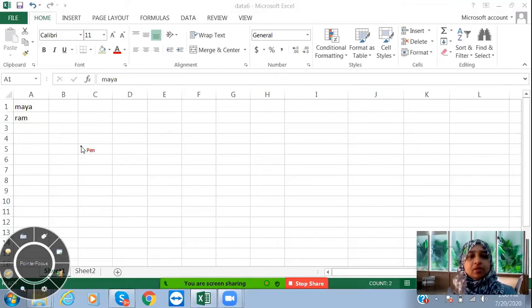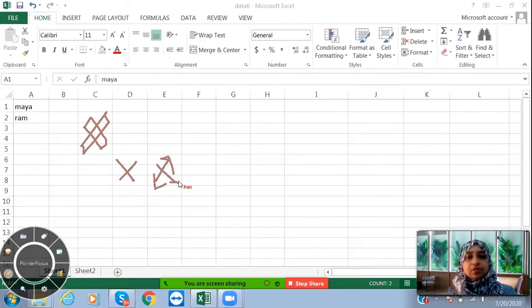So you have seen this kind of plus symbol, and the other one is this one, and the third one is this one, right? So this is for selecting the data.